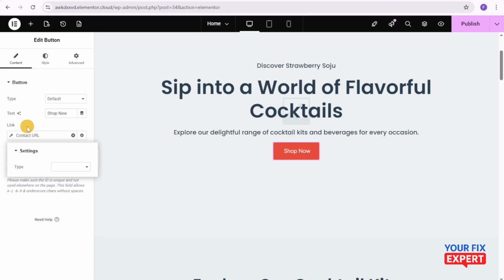Now from here, you're just going to select it. You're just going to click on this field, and then you're going to select the type. We're going to select email, and then from here we're just going to type in the email where we want to send it. We're going to enter a subject and the message as well, and that's it. That is how you're going to use Mailto link in Elementor,